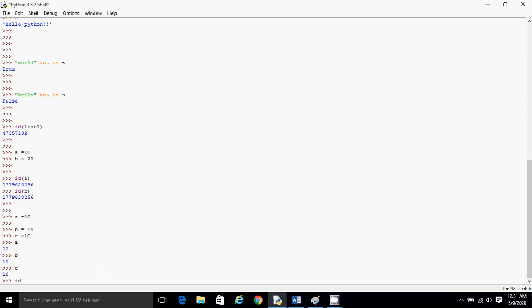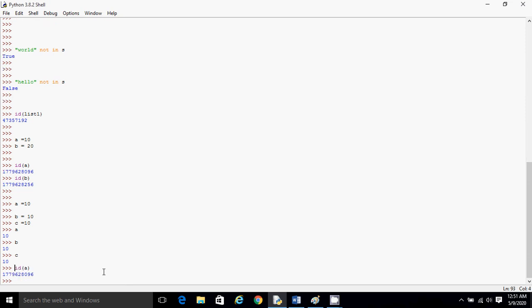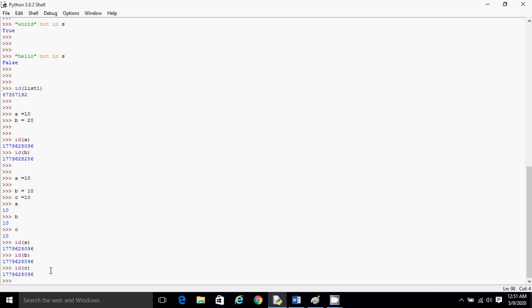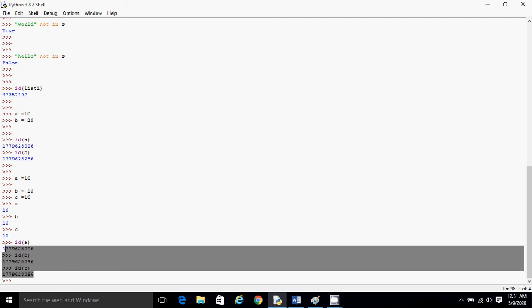If you check the id of all, it will be the same. If you see, all of them have the same id.